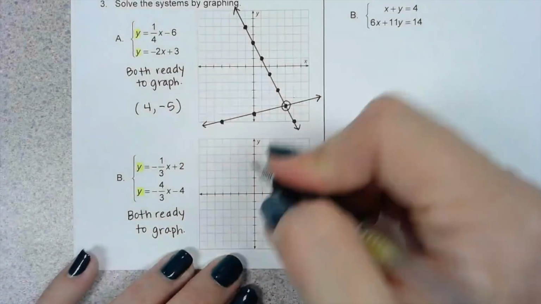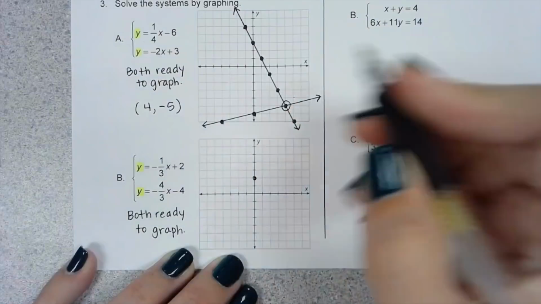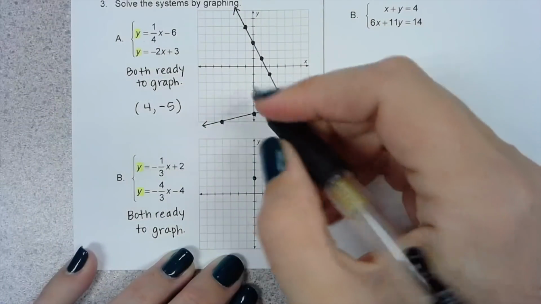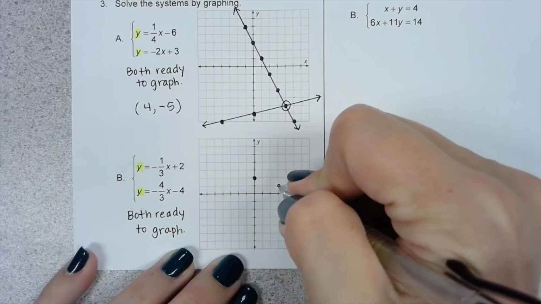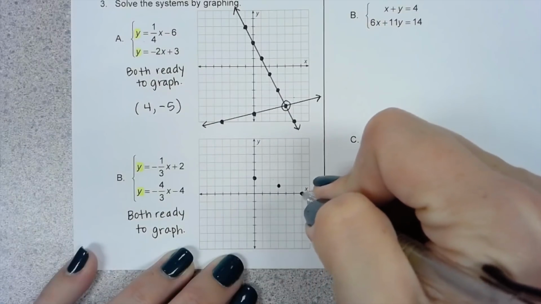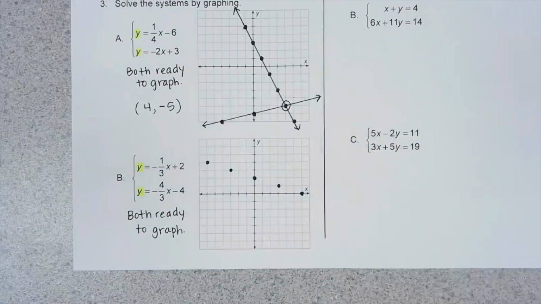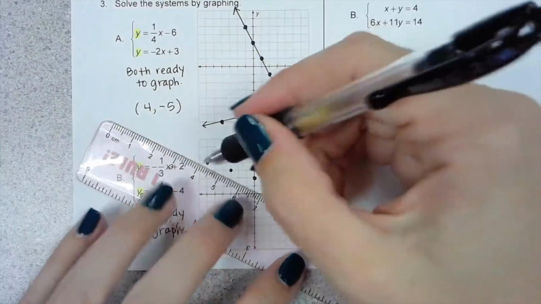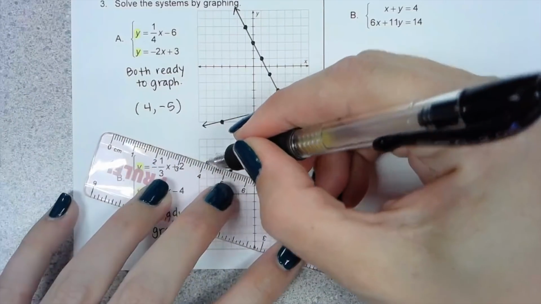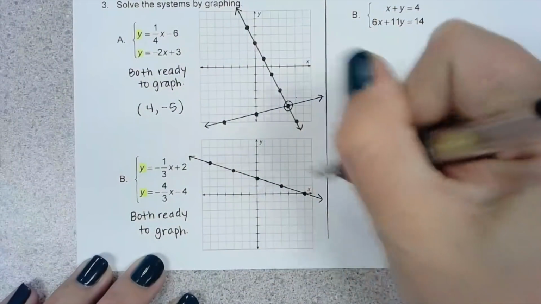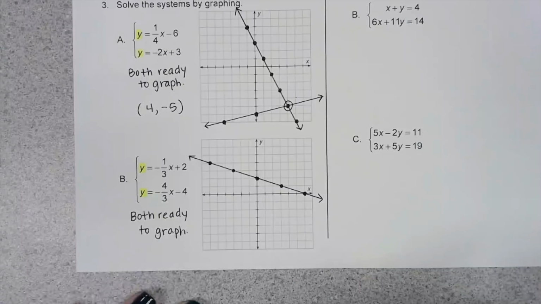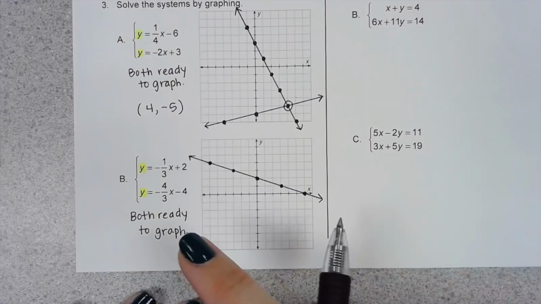On B, this line starts at +2, and then my slope is -1/3. So negative means I go down, and then I'm going to go down and 3 to the right, down and 3 to the right. And I can also go up and 3 to the left, and up and 3 to the left if I want to continue the pattern for that line. It's helpful to put points all the way across your graph too, so don't just stop once you draw 2 or 3 of them. Put all the points on the graph